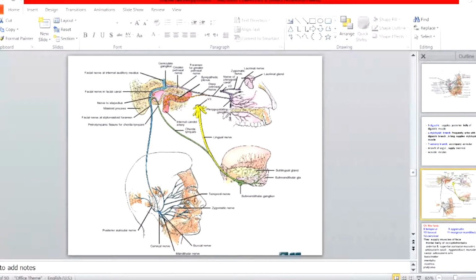Now, as I said, the facial nerve emerges from the junction of pons and medulla, accompanied by the vestibulocochlear nerve. The two emerge as a single nerve, and then both of them leave the cranial cavity by passing through the internal acoustic meatus. In this diagram, this portion on the top left,